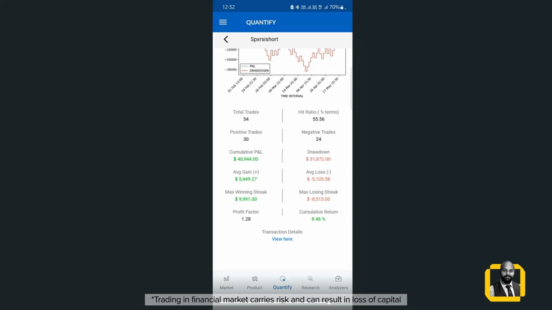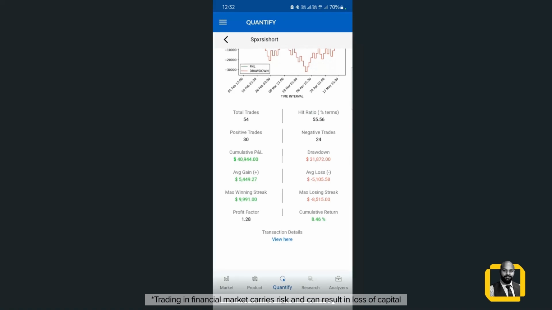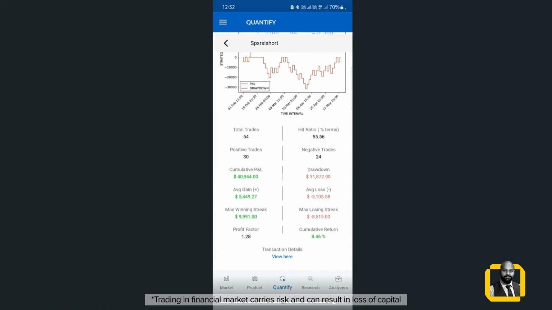Now, looking at these data and these parameters, and based on your risk appetite and your preference in terms of the parameter settings, you could always tweak and make your own strategies. This is just a sample strategy that I want to show on Quantify and how that may help you identify signals to enter and exit based on your risk appetite and your objective for your account. The signals for these trades and how the app works more in depth